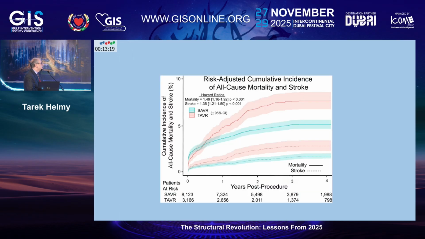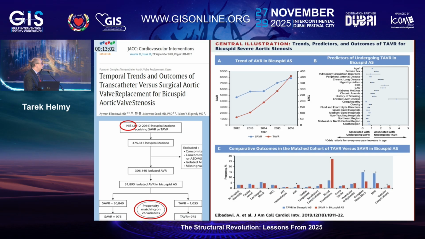And as you can see here, the data is strongly in favor of surgery in bicuspid aortic valves, both in terms of stroke as well as mortality for surgical versus TAVI. So this gives you a little bit of a hint that maybe we should think a little deeper about bicuspid valves. If you look back at this paper back in 2019, and this was a large database, but it was